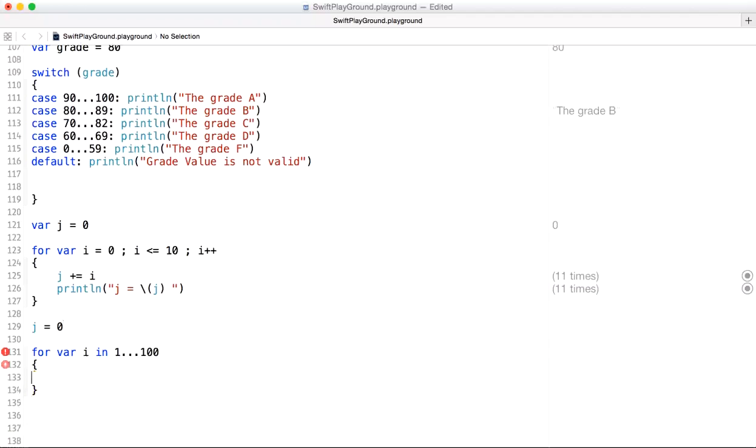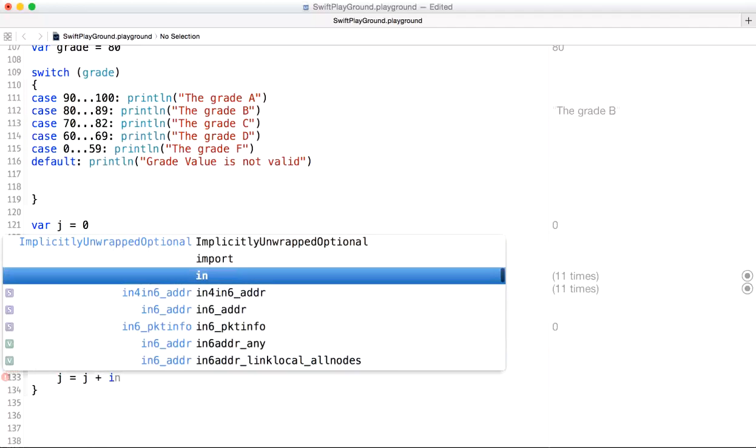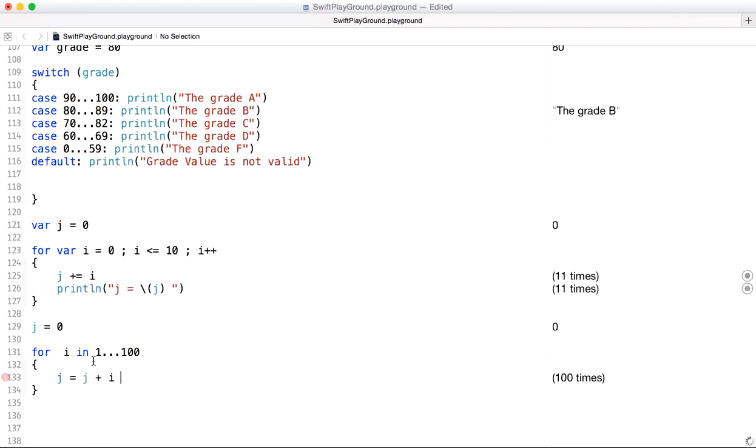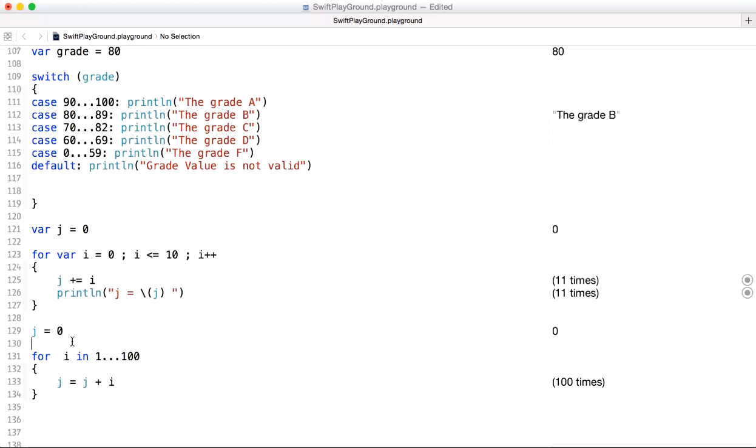And then you can say, what do we got here? Condition. Let me see if I don't need the var here. Okay, I didn't need the var here. For i in 1 to 100, and then you can say j equal j plus i, for example. Okay. So here I don't need to say the condition and then how much I increment. Automatically it will increment by